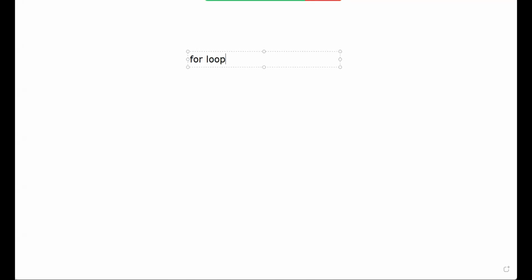For loop. So the for loop works the same. The syntax of the for loop will be: for, and generally, how you write it in a C program, you write initialization, semicolon, then the condition, semicolon, and then either incrementation or decrementation. This is what you will be writing while writing the for loop in any structured programming language like